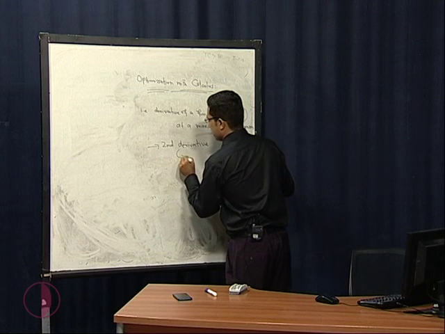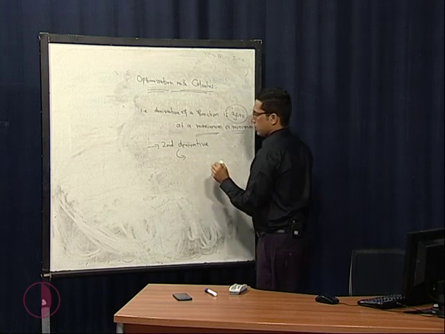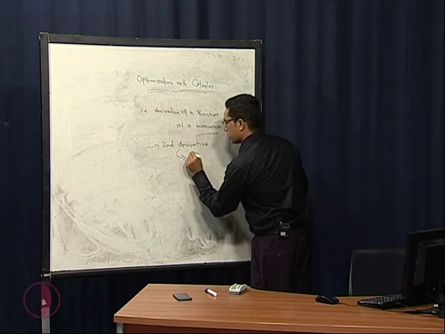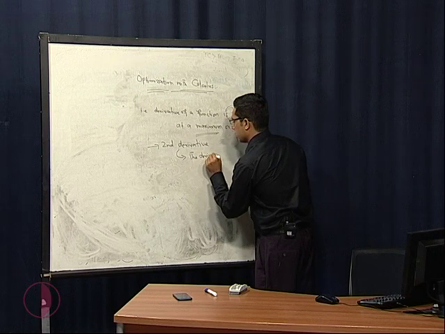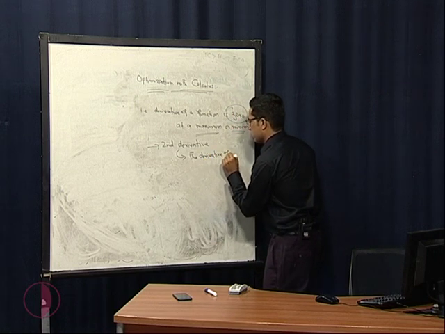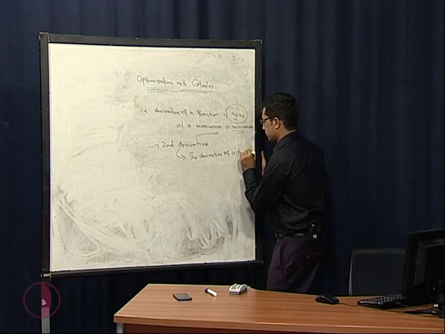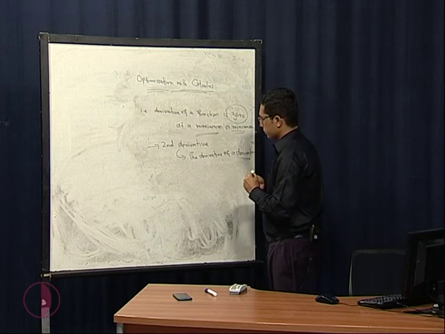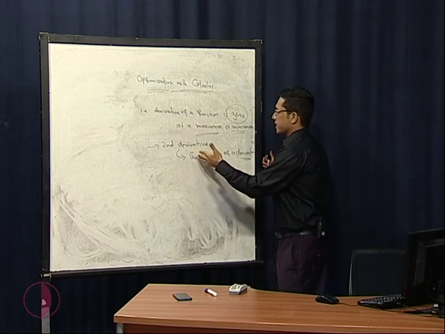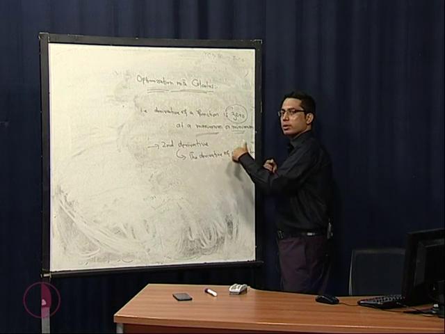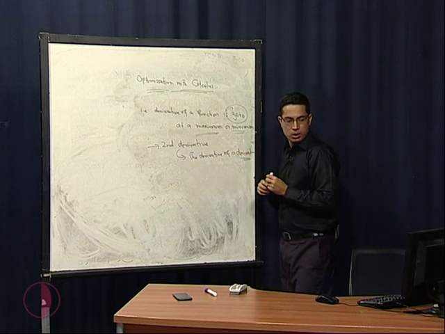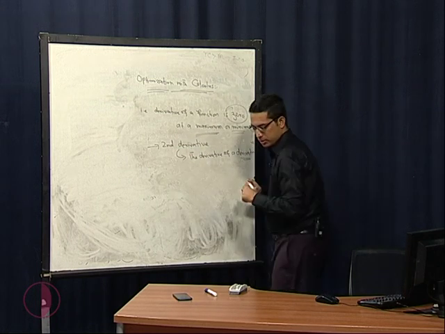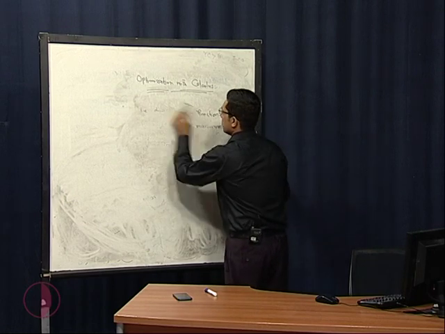Second derivative means the derivative of a derivative. It means we are differentiating the first order derivative a second time. For example, we say that